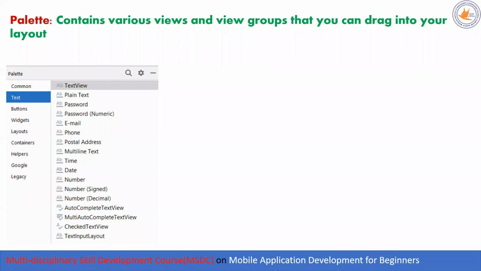Similarly here, when you are going to get data from the user and create a UI, it will consist of some text boxes. What kind of text boxes can it be? Maybe I'm getting plain text, a password, a numeric password, an email, a phone number, etc. So you see, I have a list of options available. You simply drag and drop from here into your UI and you are done.